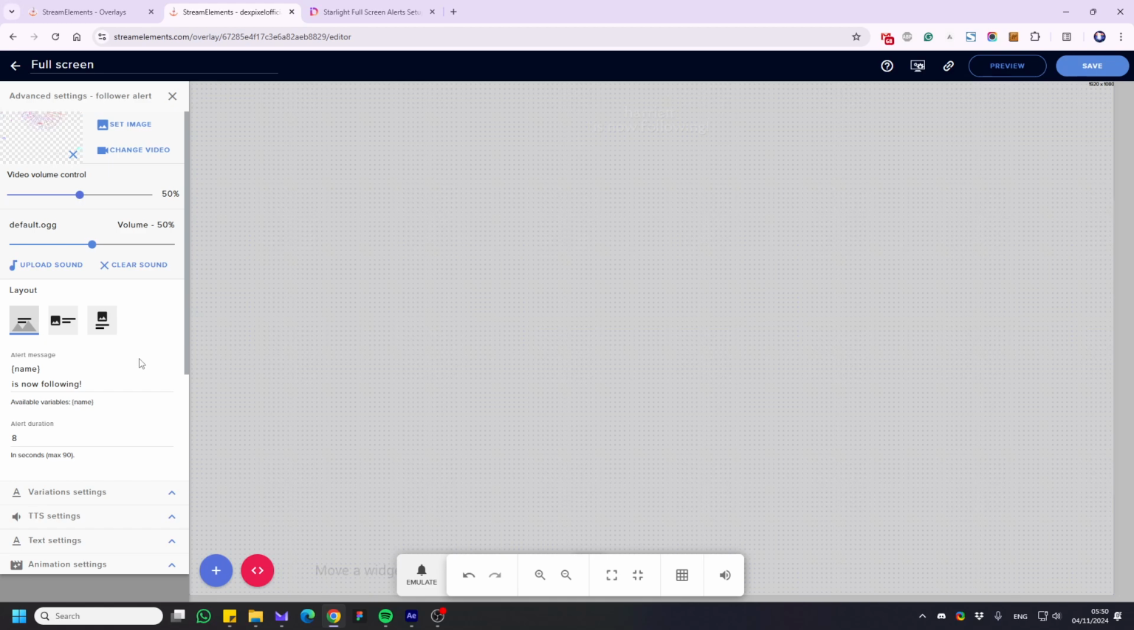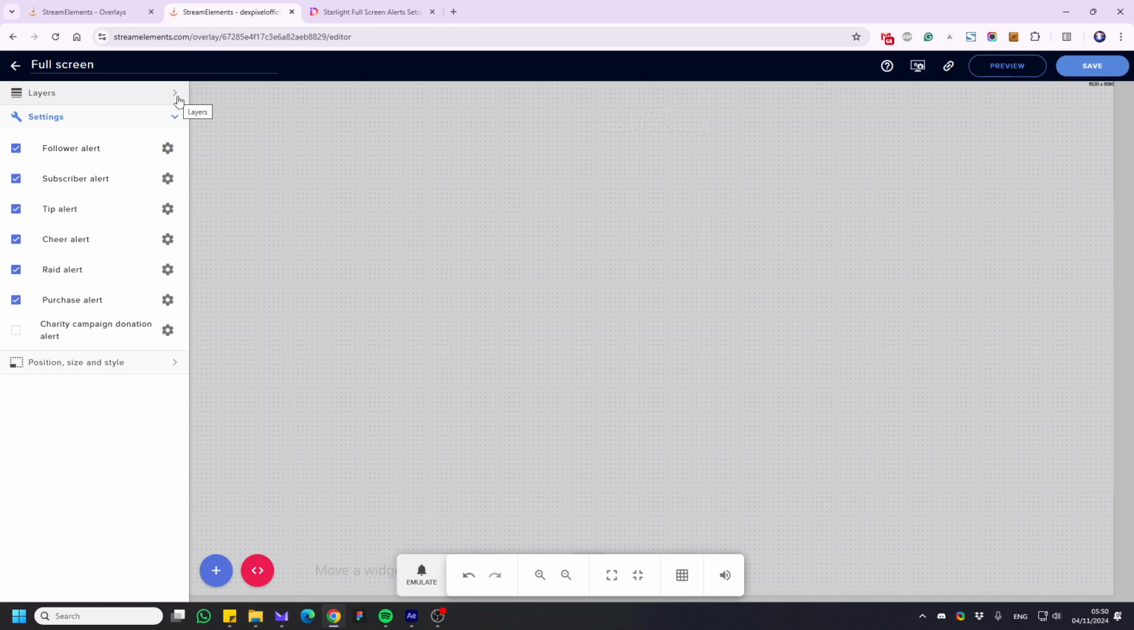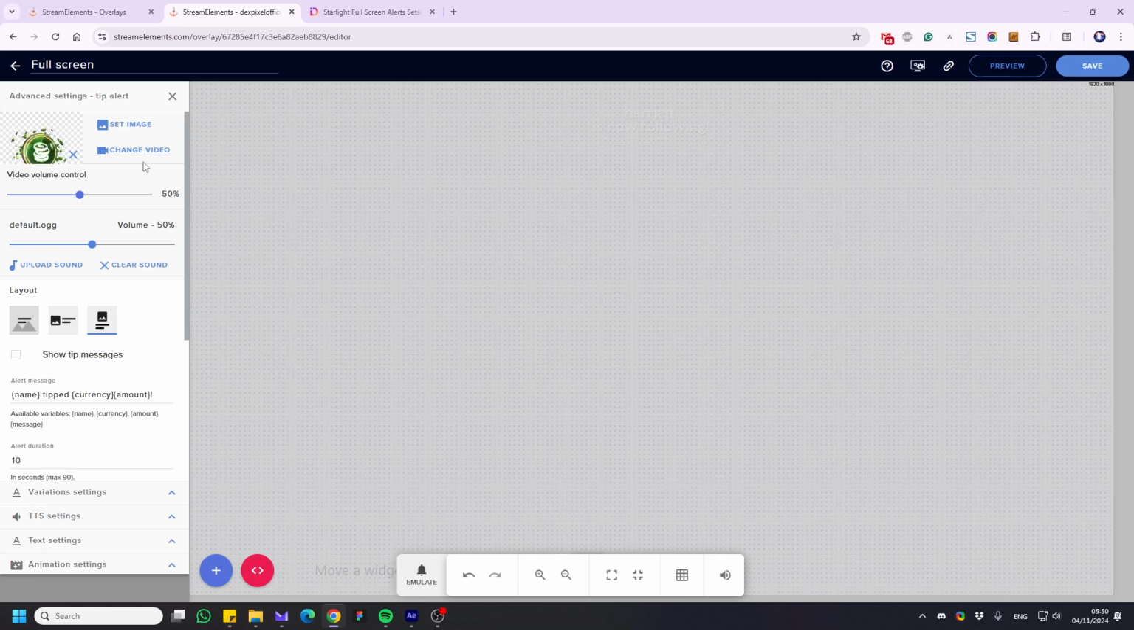So it took me 10 minutes just with explaining how to do this, but if you are going to repeat all of these settings, here is the fastest example of what you need to change. So let's do tip alert. First we're gonna change the video, upload the sound, change layout to text over image, alert message separate into lines,